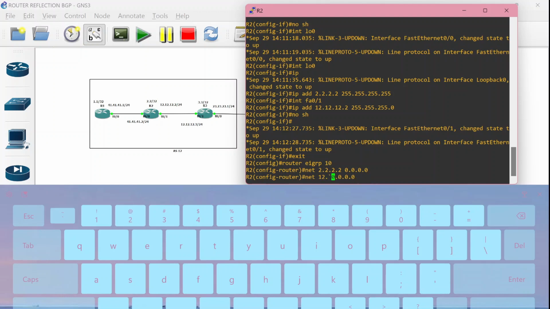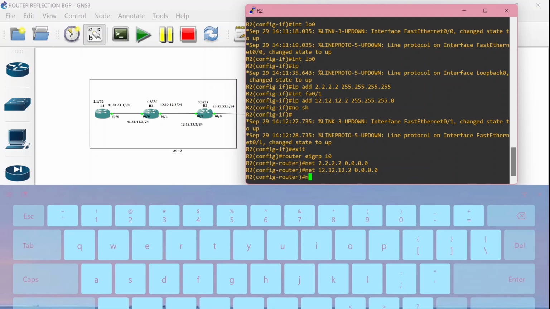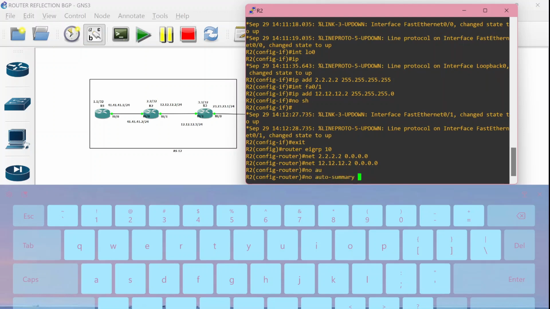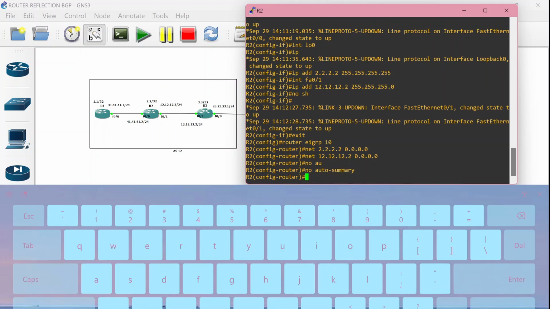And in router number 2, don't forget to enter the IP when connecting to router number 3, that's 12.12, slash 24, and no auto summary.